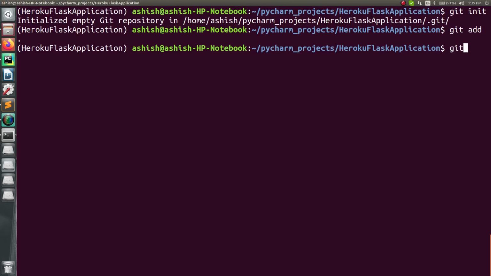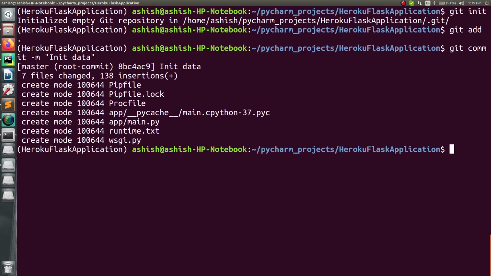And after that, git commit, just mention the name, init data, let's say. Now press enter. Can you see all the files, all the data, whatever you have added and updated onto the current directory, all the things have been committed now, right?